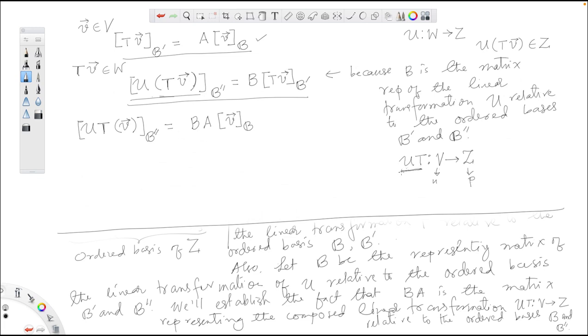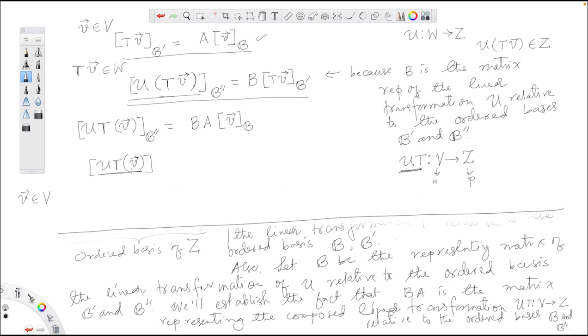Representing this linear transformation U composed with T, let us denote that unique matrix by C. So for any vector v in the vector space V, UT(v),